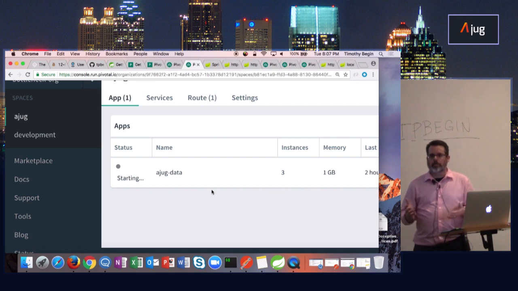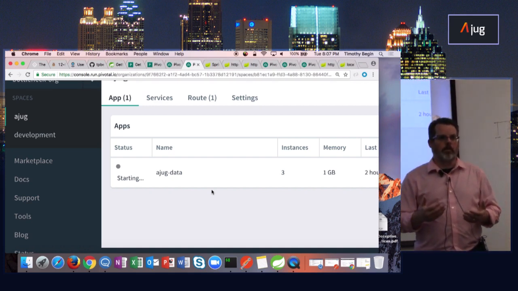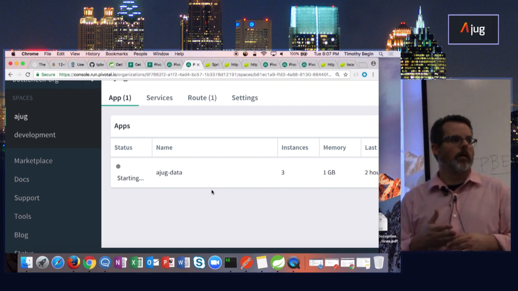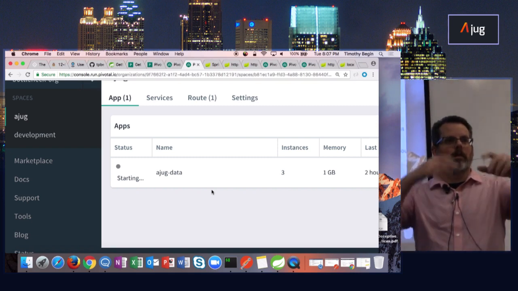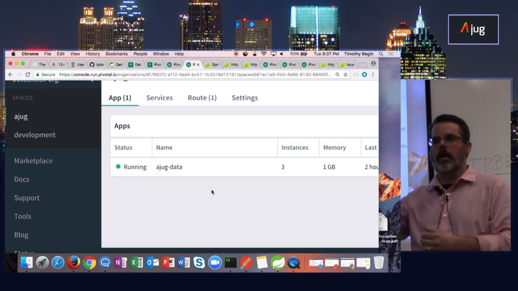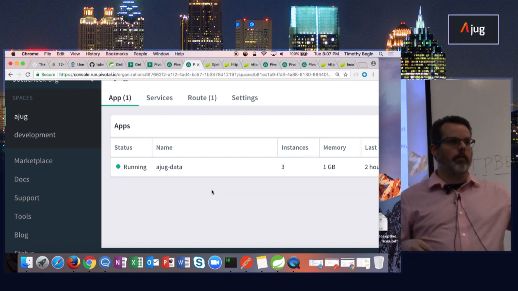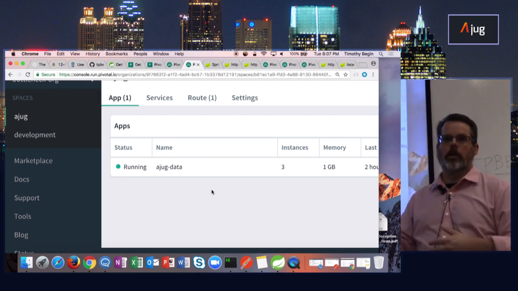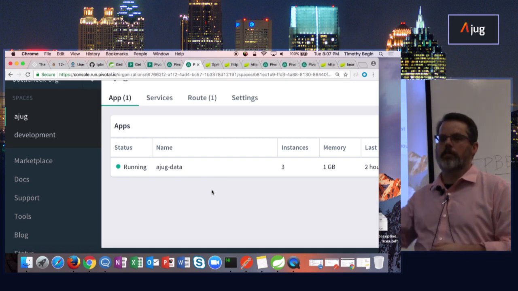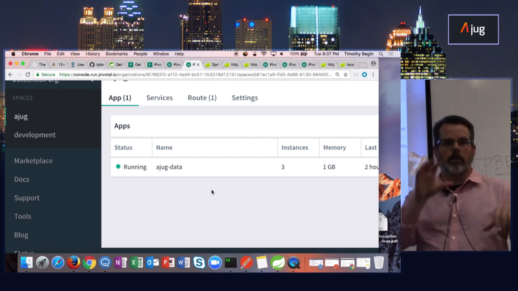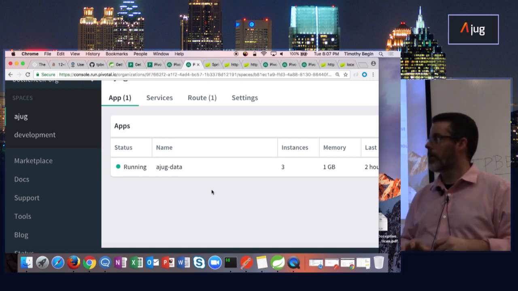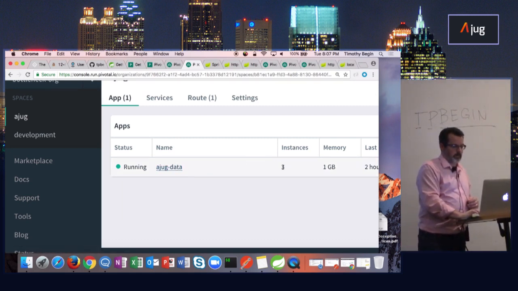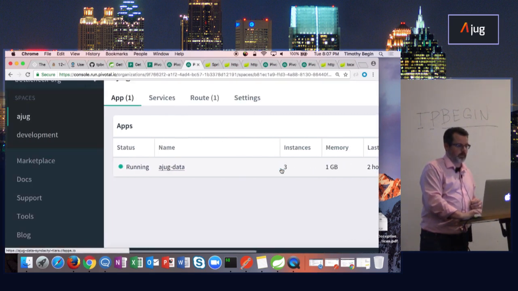So hopefully that was enough with the data source. I was trying not to get too much into the specifics of the implementation, but I'm getting to like 10 after 8 here. So I want to open it up. I'll still be here if you want to have any other discussions, but as I'm putting together my data sources stuff, I'm putting a little bit more instructions on how to go through the different pieces of the 12-factor apps, specifically in implementations, not only in Java, but also in Spring and in Cloud Foundry. And it just says here, look, I've got 3 instances that are running, and what this means is that